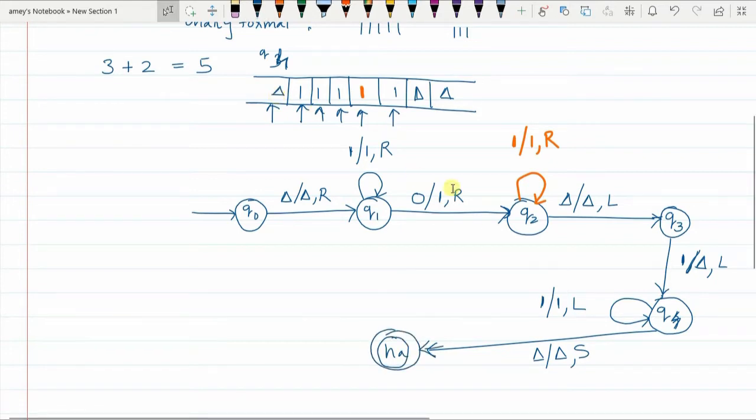Now why are you keeping the pointer stationary? When the pointer in Q4 state finally reads this delta, you replace delta with itself. You could have moved the pointer one place to the right also. I have kept it stationary so that while reading, the reader would see the pointer pointing one place to the left of the input string. So while reading the automata, there will be one extra transition, moving the pointer from one place to the left to the first element of the string.